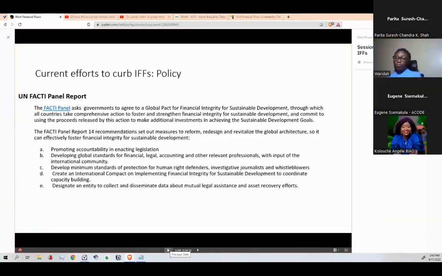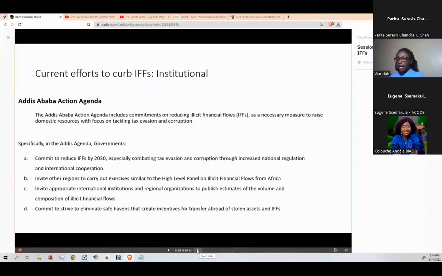But at the time of the UN FACTI panel being put in place, many said that it was just duplicating other efforts such as the UN Convention Against Corruption and the Financial Action Task Force. So that is also something to note, how all these policies may have their efforts hindered when it comes to having every stakeholder participate. Another is the institutional, and here we are looking at the Addis Ababa Action Agenda, whose main focus was